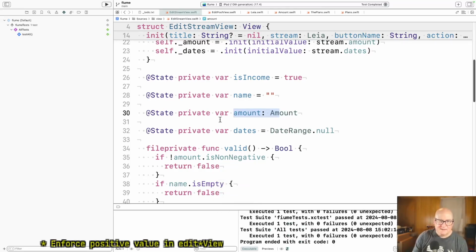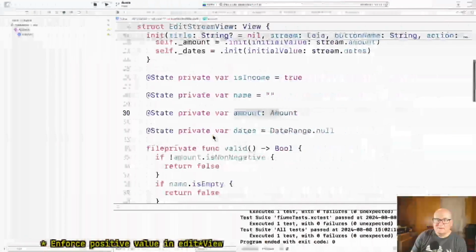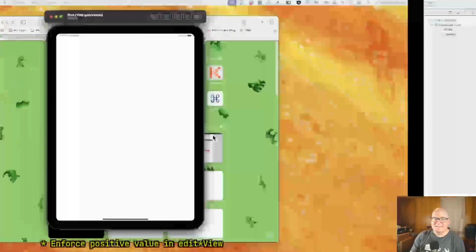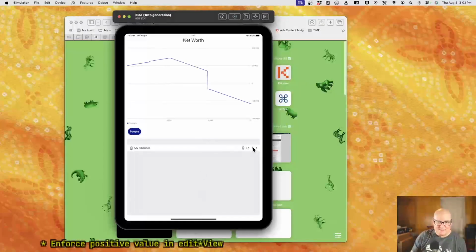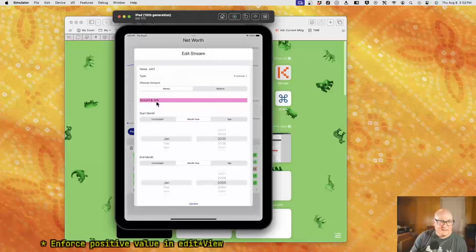Okay. Now let's run. Still building. There we go. Okay, so now we want to check that if I try and make this negative,